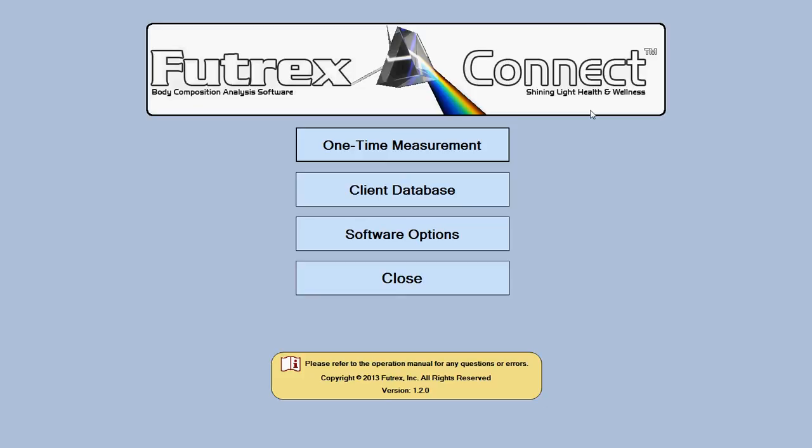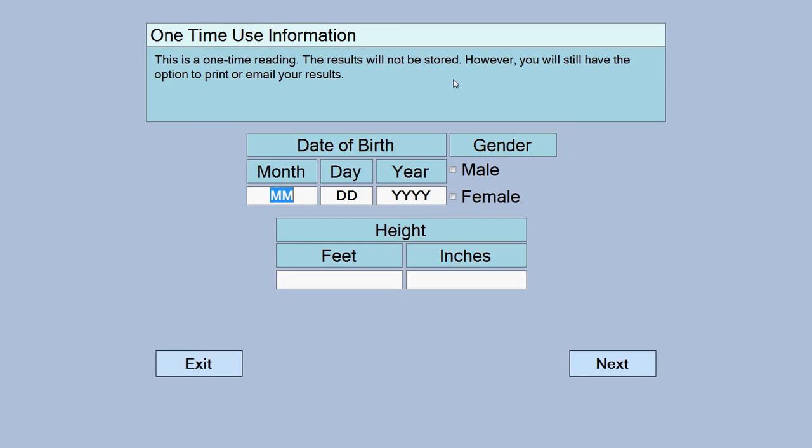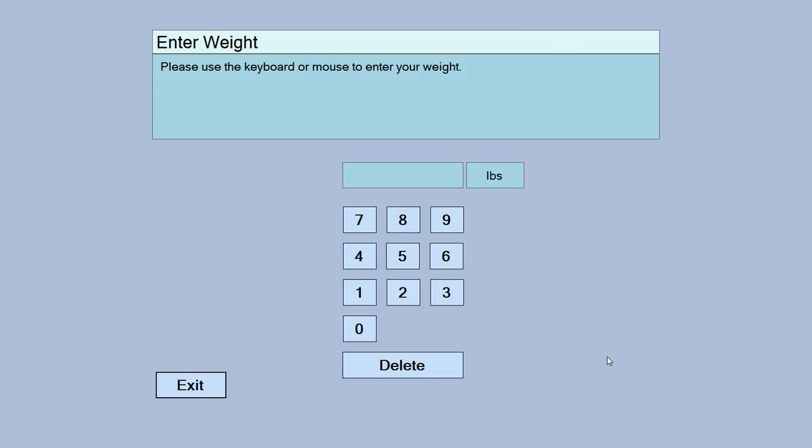So we'll start off with a one-time measurement so you can see what the results pages look like. When we select one-time measurement, it'll prompt for the date of birth. As you can see, there's no name to be entered or personal information. This is simply a one-time measurement. The information will not be stored, but you can print or email the results. So you'll enter the date of birth, gender, and height of that client. On the next page, you'll enter the weight of that client,